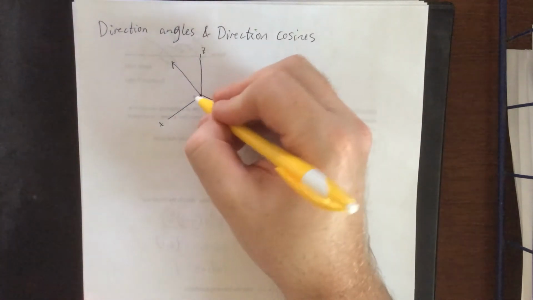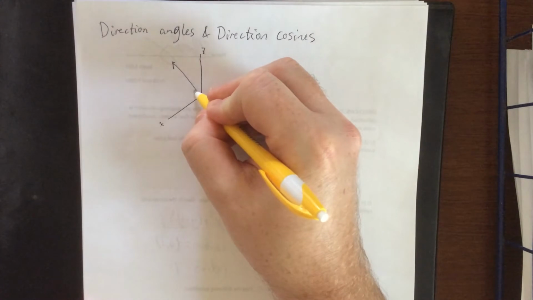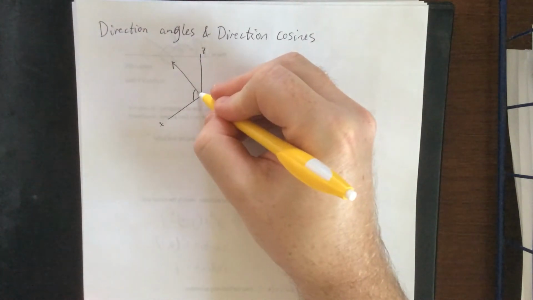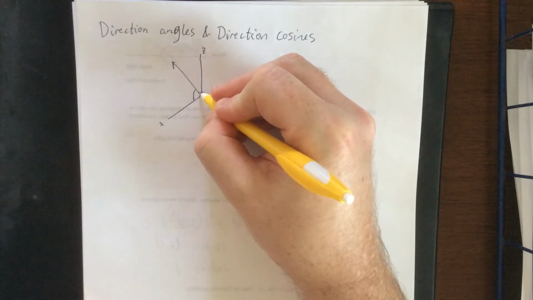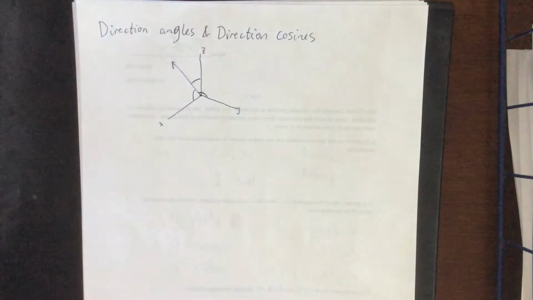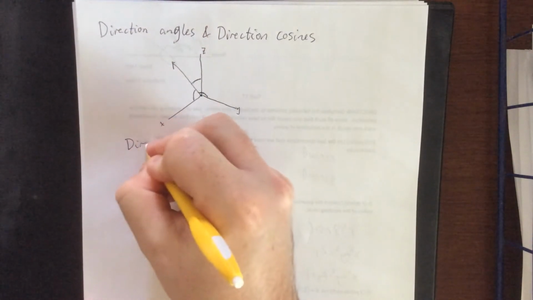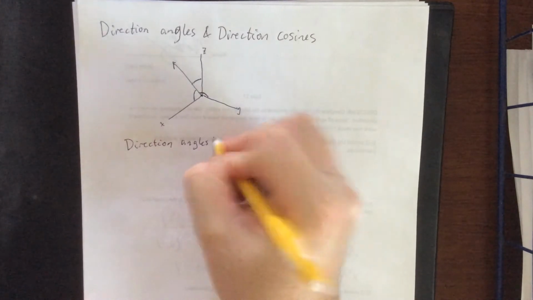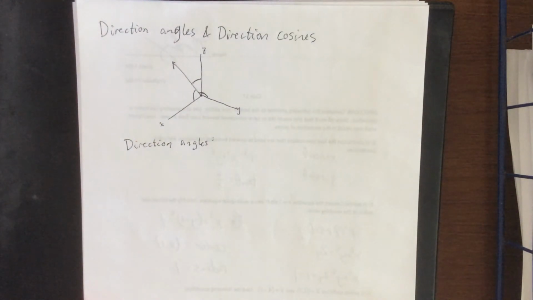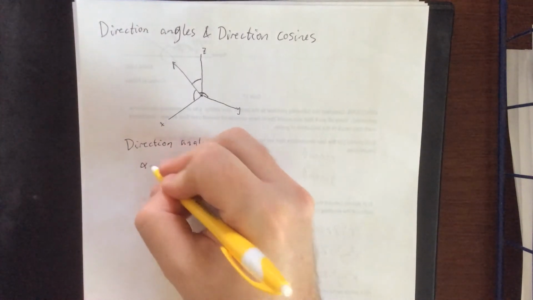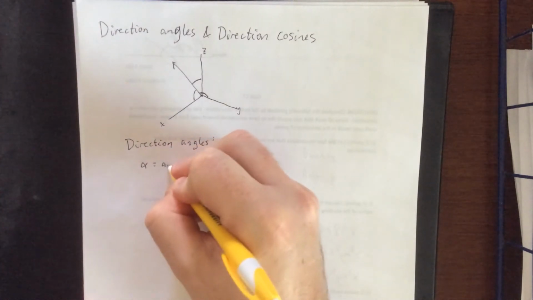These three angles are referred to as direction angles. So it creates an angle with the x-axis, it creates an angle with the y-axis, and it also creates an angle with the z-axis. These are known as direction angles. We're going to label them as the first three letters of the Greek alphabet. So alpha is going to be the angle